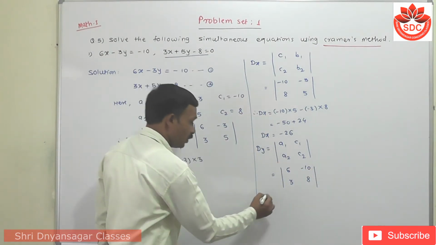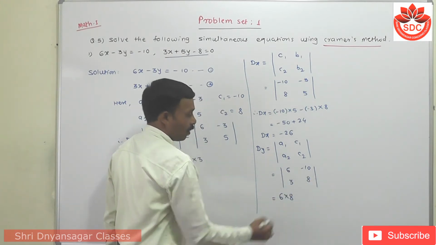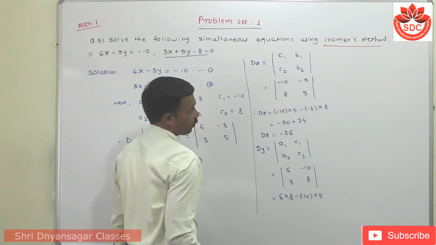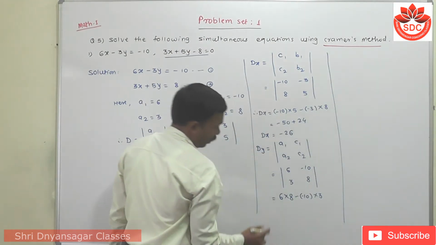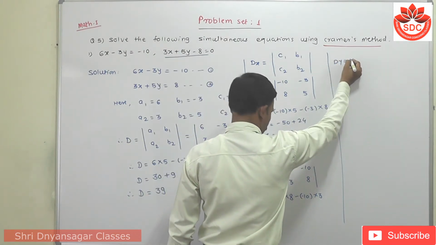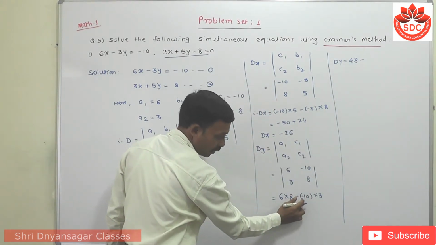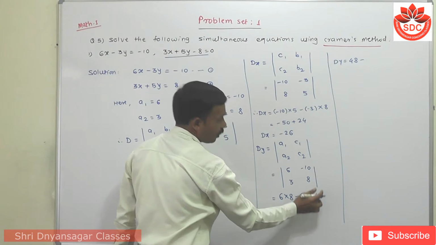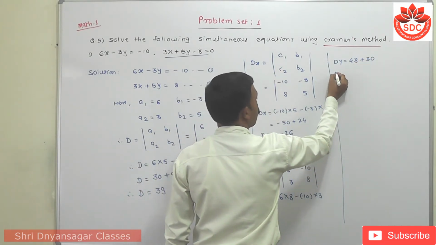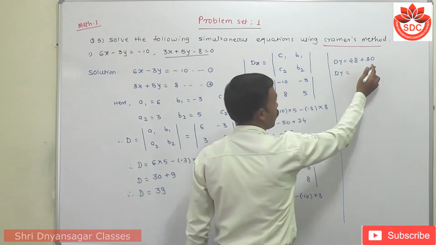Then the product of this one is 6 into 8 minus minus 10 into 3. Here 6 into 8 is 48, minus minus 10 into 3 is 30, plus 30. dy is equal to 48 plus 30, which becomes